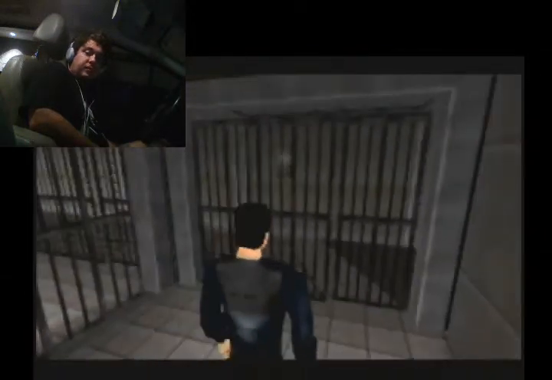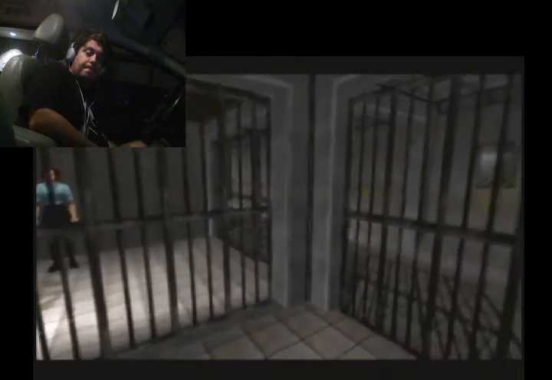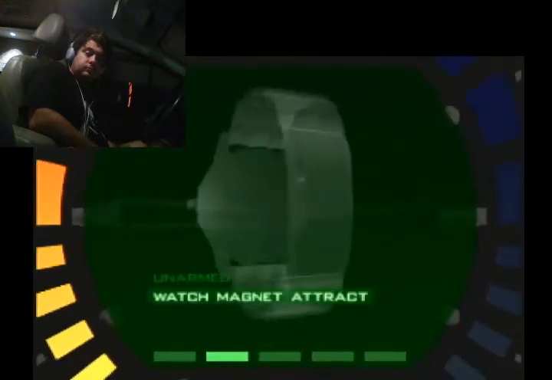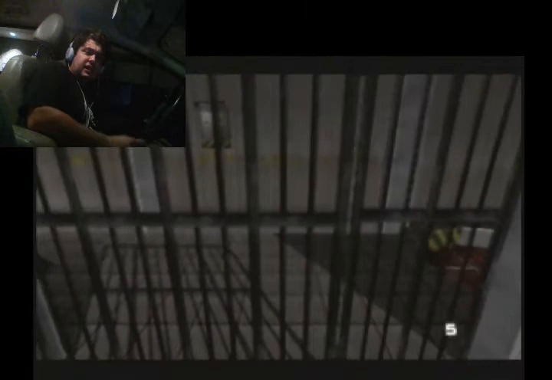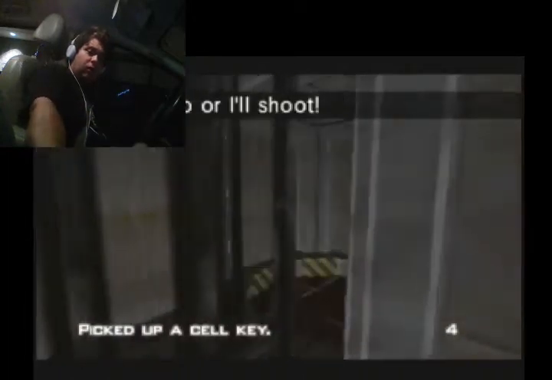On Bunker 2, you begin locked in a jail cell with no weapon, but you do have a watch with a magnet attract feature that can be used to collect a key hanging on the opposite wall. The only way to select it is by pausing, which is why every speedrun begins with a pause. There is a tiny gap between the